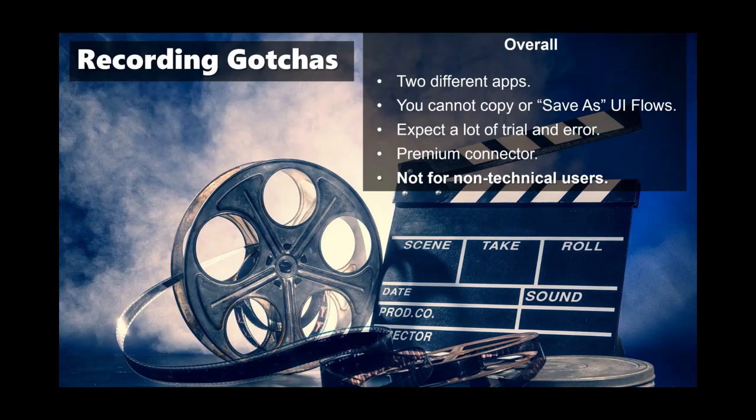When you define a UI flow, you cannot copy it or save it as. I'm hoping they will change that in the future. But when I went through doing some of this for you guys, there were times when I thought, I want to test something out here, but I don't want to mess up all this work that I've just done. But I couldn't just save it as and do it again. So I wound up deleting a step and changing some things, messing it up, having to start all over again and re-record it, because I couldn't figure out how to get it back to the state that it was before. Do expect a lot of trial and error with either one of these,